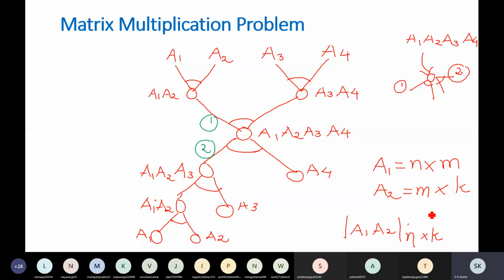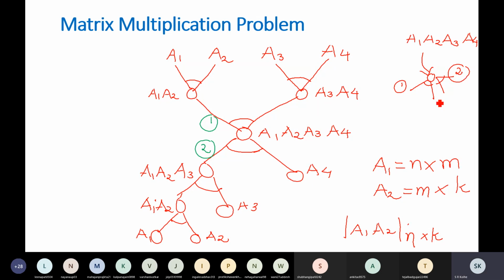Why am I telling this to you? The reason is, here we have seen two different ways of multiplying these 4 matrices. So which one should you prefer? How are you going to decide that? We are going to decide that by using some knowledge, heuristic information, and that heuristic information will be how much effort you will have to put in if you go through solution A or if you go through solution B.